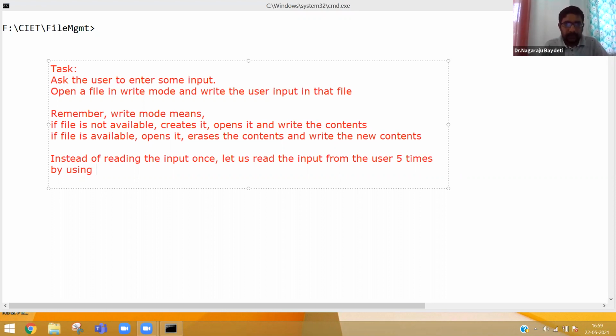What will happen is, because we are using write mode, if the user enters 5 times, only the latest one will be there. So instead of doing this in the write mode, let me do it in an append mode. Okay. 5 times.